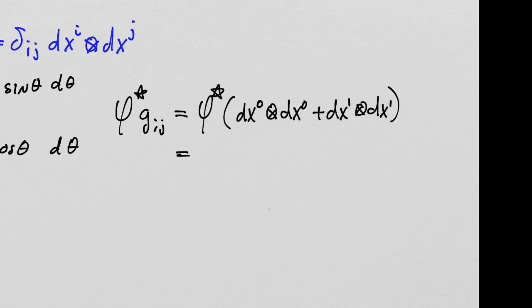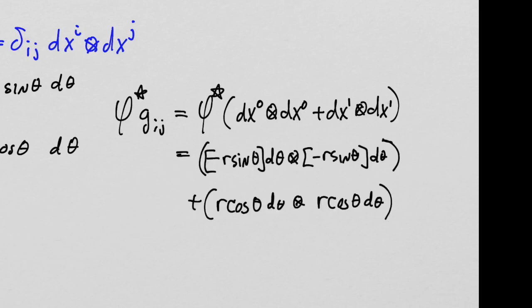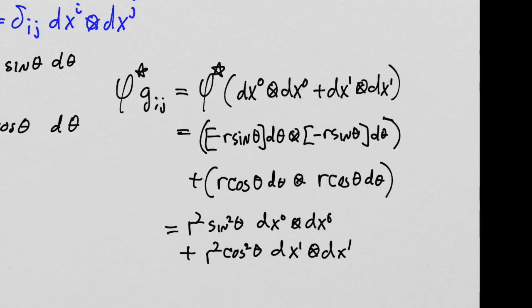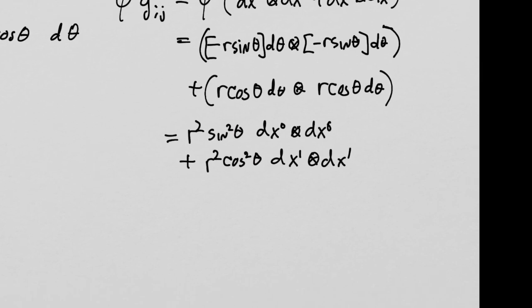And so if I do that, then what do I get? Okay, so the first thing is I get this, where I now make these literal substitutions. I put brackets so I could capture this minus sign in here. So it's minus r sine theta d theta, tensor product, minus r sine theta d theta, r cosine theta, and r cosine theta. Of course, everything's linear, and we can pull out these real numbers. And what do we get when we do that? Now we multiply this stuff together. We get r squared sine squared theta, r squared cosine squared theta, and then well,